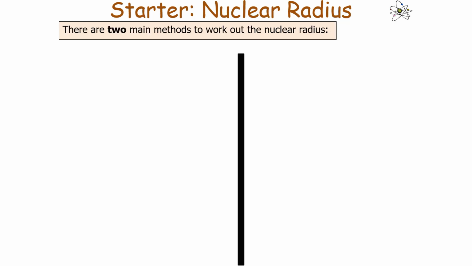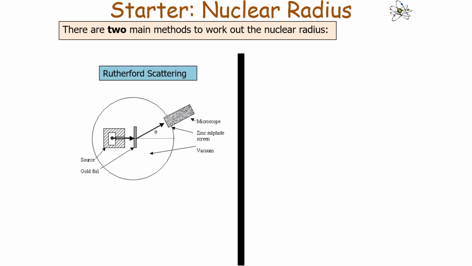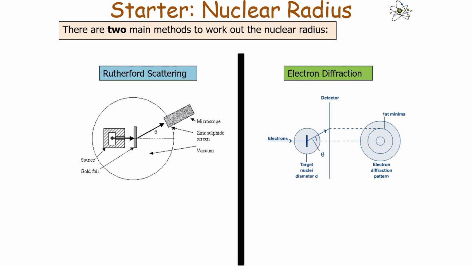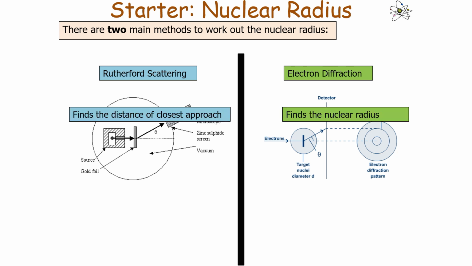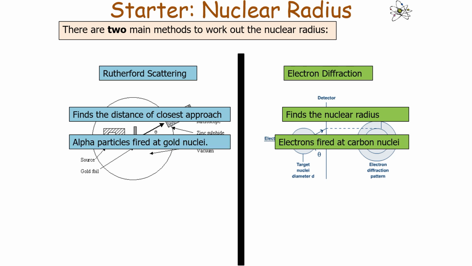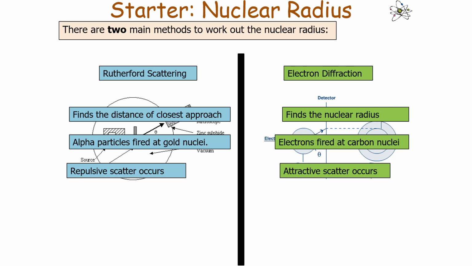So let's just recap our main methods to work out the nuclear radius. We have the Rutherford scattering method and we have the electron diffraction method. Now we've got to remember that the Rutherford scattering method finds the distance of closest approach, whilst the electron diffraction method finds the nuclear radius. Rutherford scattering fires alpha particles at gold nuclei, whilst electron diffraction has electrons fired at carbon nuclei. In Rutherford scattering, you get repulsive scattering due to the alpha particles and the gold nuclei having the same charge,